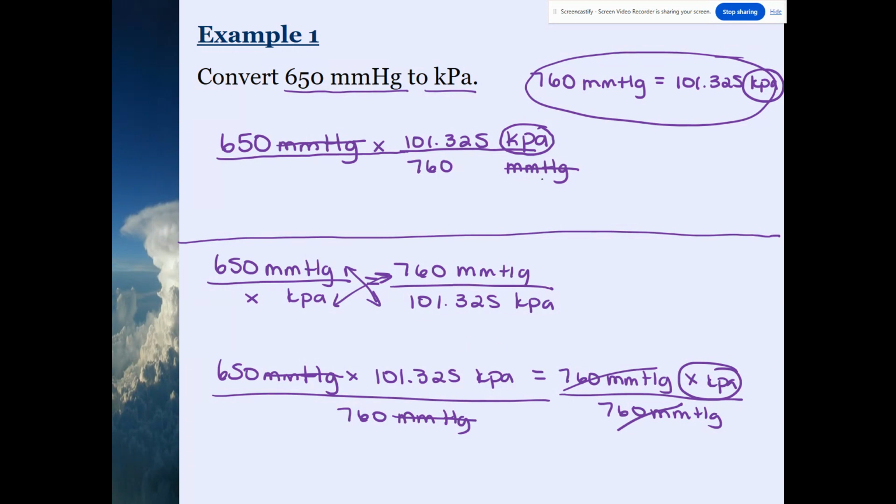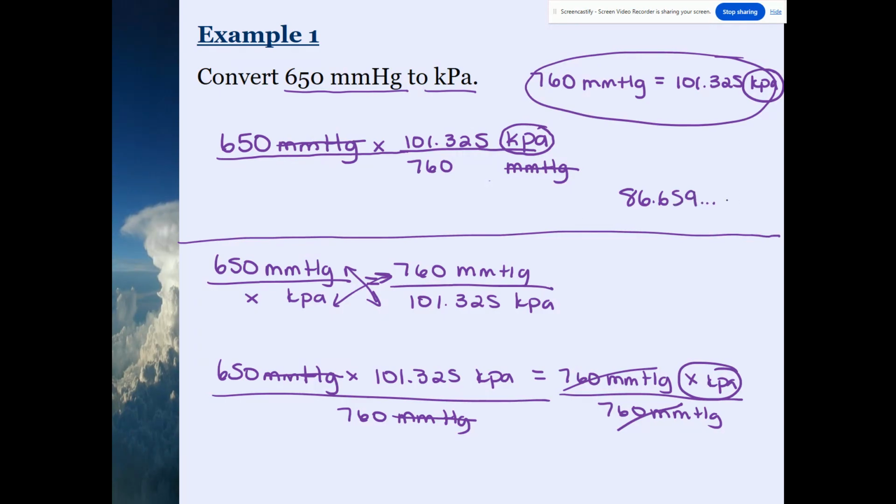So if you understand the dimensional analysis, which is really important when you get to university, some professors just teach chemistry with dimensional analysis. So understanding that your units that you're trying to cancel, if millimeters of mercury is on the top, it needs to also be on the bottom so that they cancel. Okay, so either way that you want to do this, I usually do the dimensional analysis way. I take 650 times 101.325, then I divide by 760, and we get an answer of